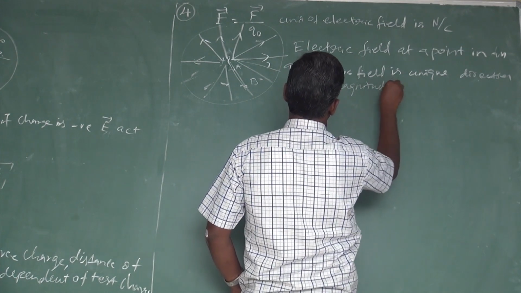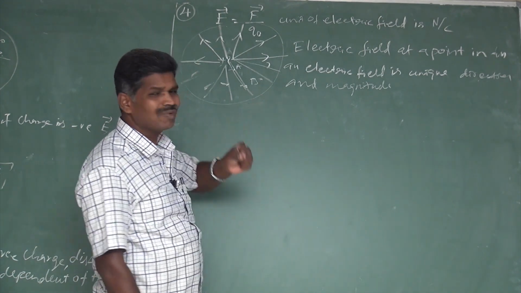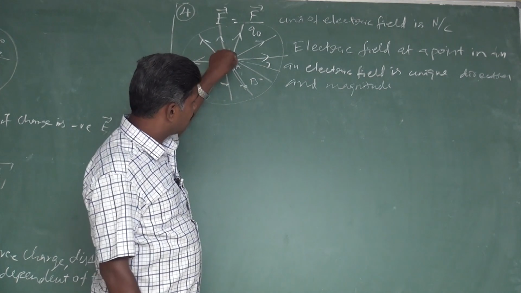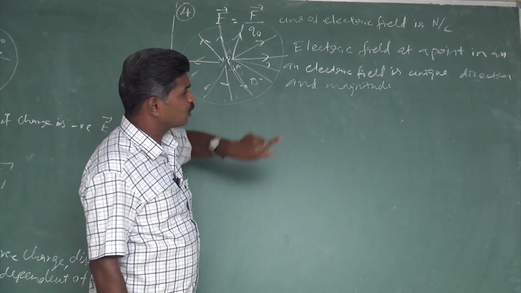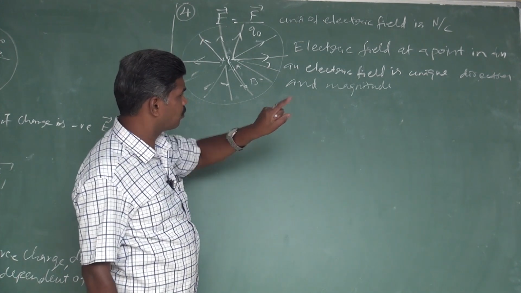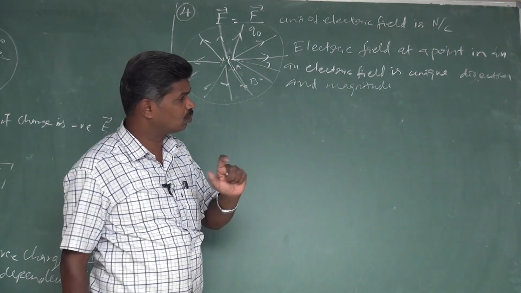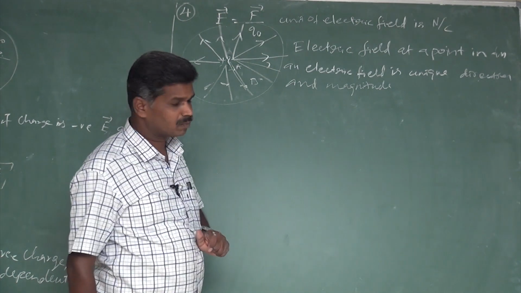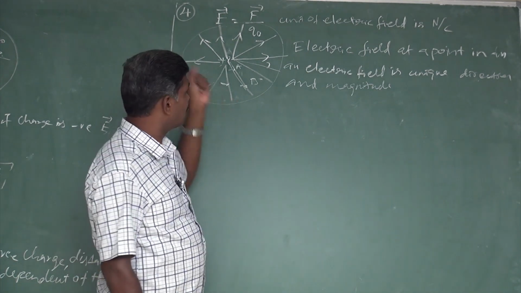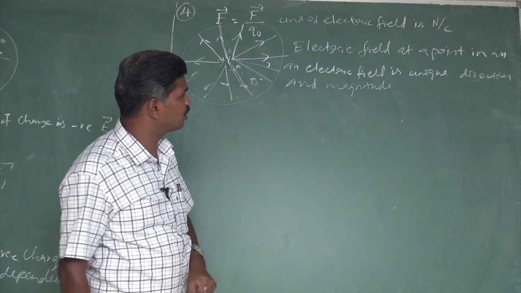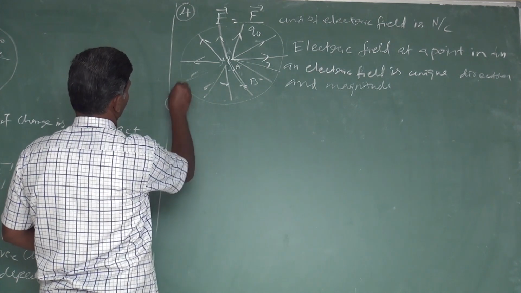In general, electric field means electric field strength at a point. The electric field strength at any point in an electric field is unique for both direction and magnitude. It will not change time to time, so it does not depend upon time. The existing field strength as well as the direction remain constant at a point. That's why we are saying it is a unique value. Then that is the fourth point. Next we are going to see the fifth point.